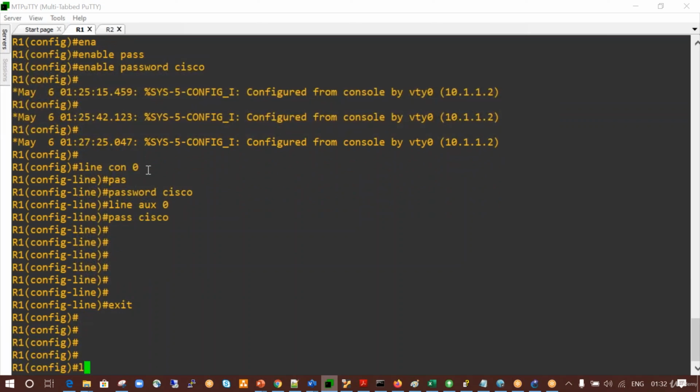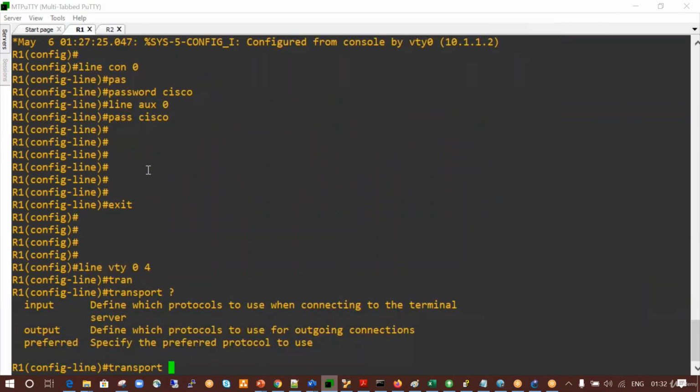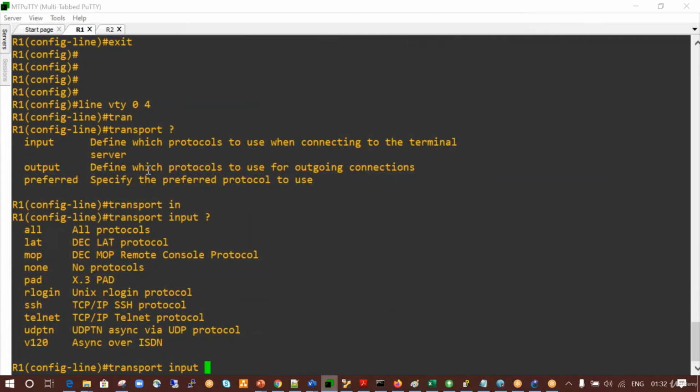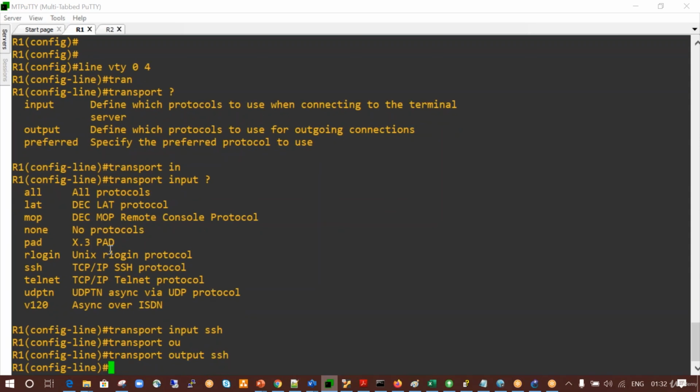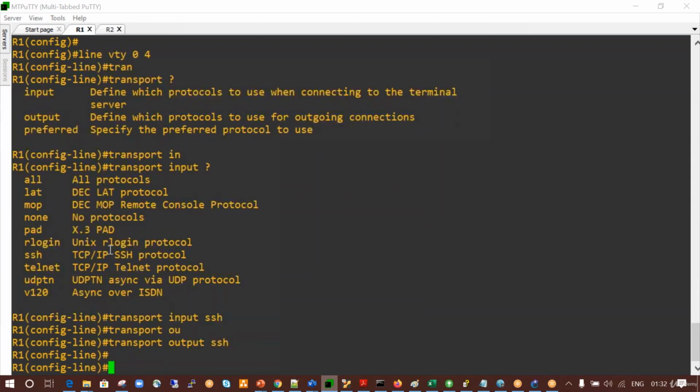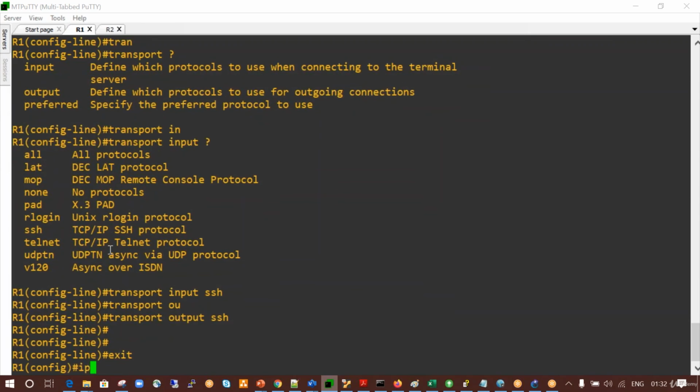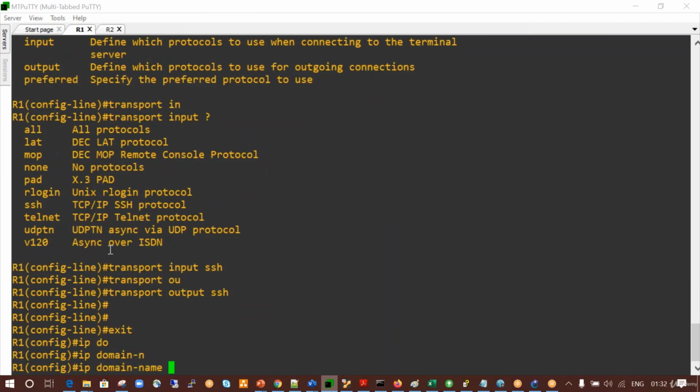Because when we go to line VTY 0 24, and if you check transport input, you have the option all, or you can use SSH, and that is the standard. So we should not use telnet; rather, we should use SSH on all the devices. If you want to enable SSH, you should define the domain name,